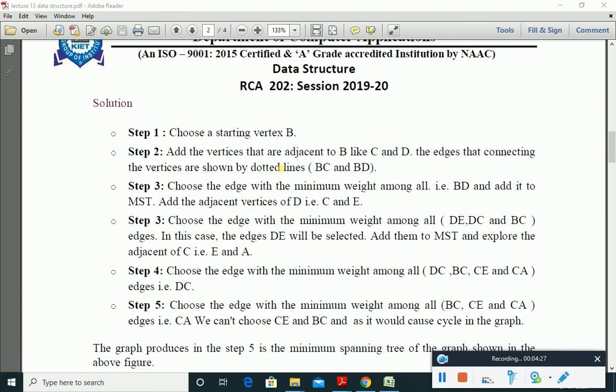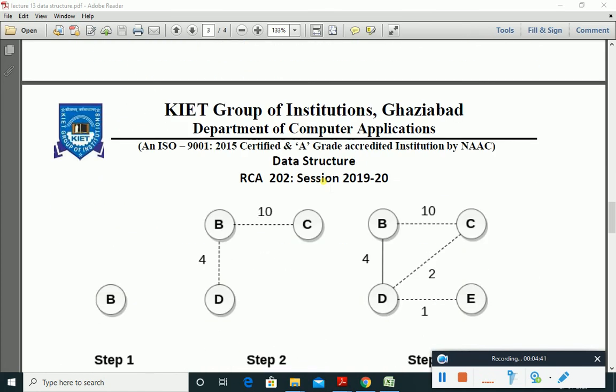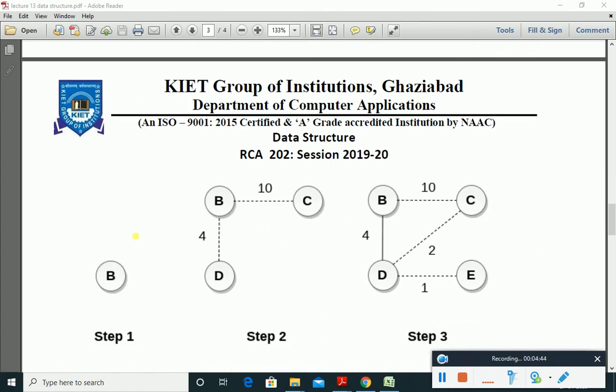So choose a starting vertex B, add the vertices that are adjacent to B like C and D. The edges connecting the vertices are shown by the dotted lines. In this graph you can look here. We have selected B, then with B, D and C are connected.